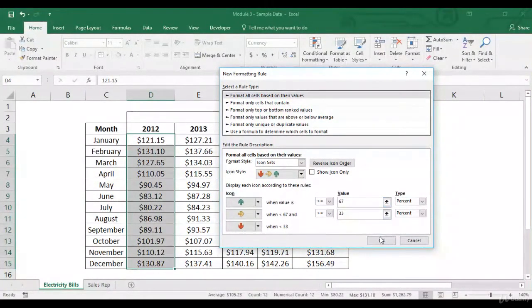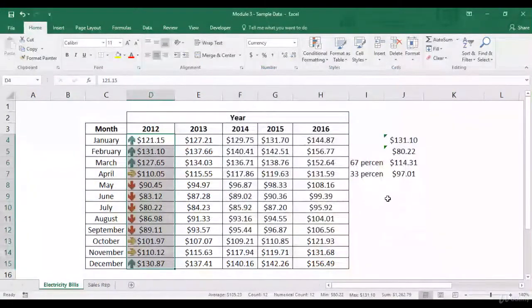So I've got 67 and 33 over here. Anything above 67% is a green arrow, anything between 33 and 67 is yellow, and anything less than 33% is red. Let's click on OK.